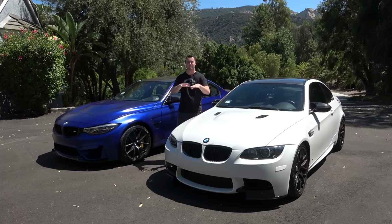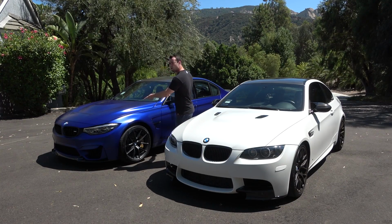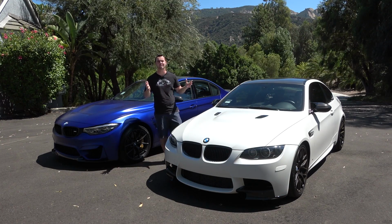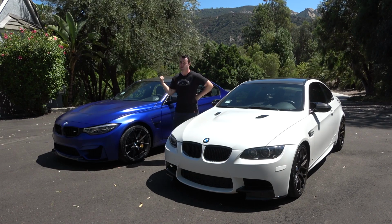Now, most notably, one of the biggest differences between the two is the fact that the F80 has 4 doors and the E92 has only 2. That's because BMW in 2014 made the controversial decision to dub the 2-door version of the M3 the M4. But before we delve into all of the differences between the 2 models and how they differ in terms of